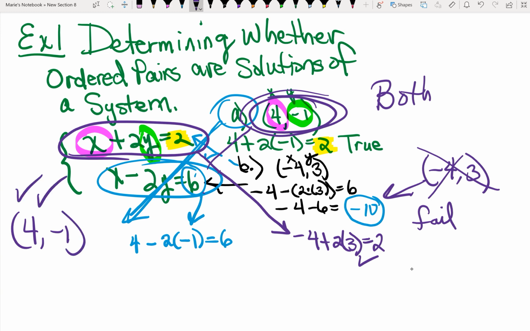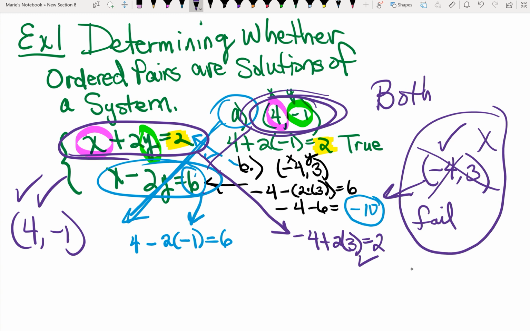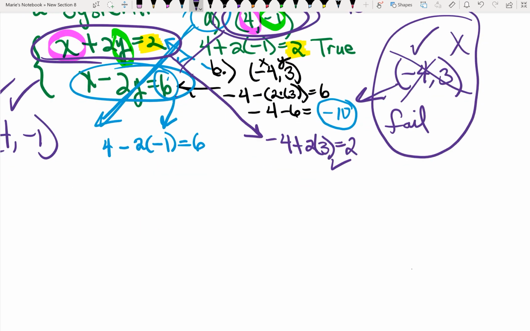So for the second coordinate pair, we had a win and a fail, so therefore no good at all. Okay? Do you want to try one on your own? Yes, you want to try one? Okay. So let's try